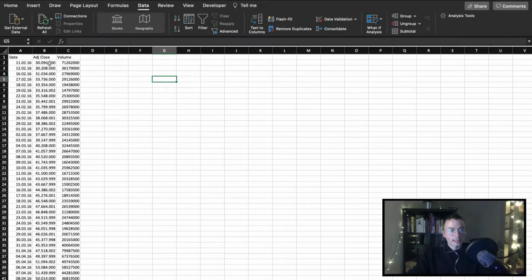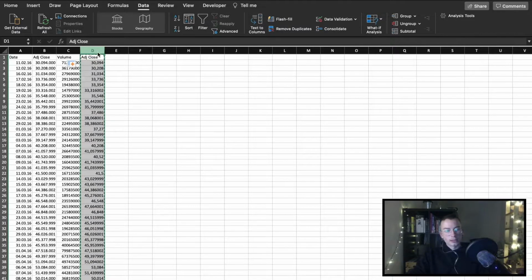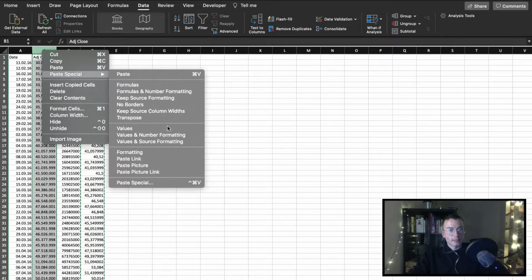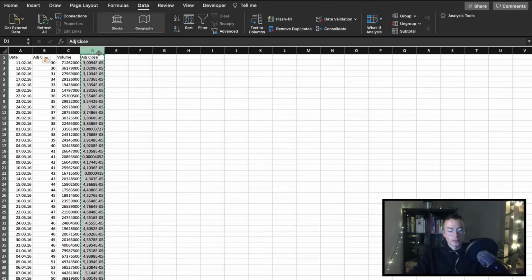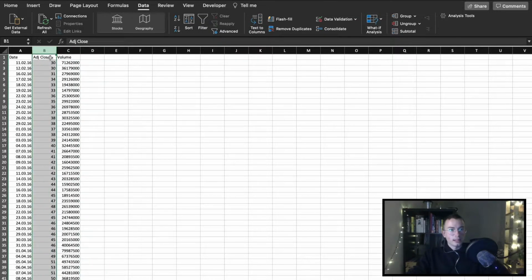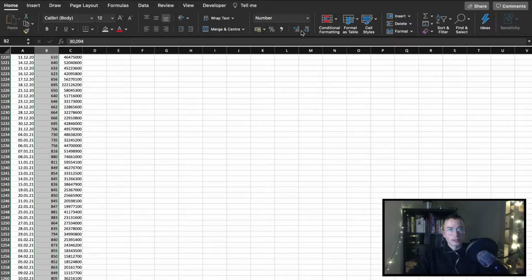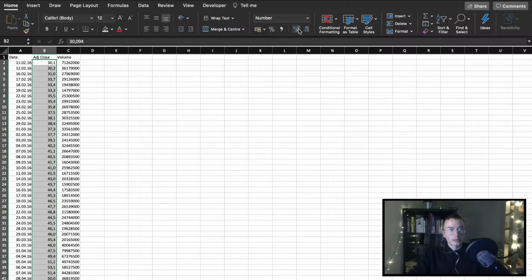And the stock price, as you can see, is not quite right. So what we are going to do is, since Yahoo Finance always delimits it by times a million, we want to divide it by a million, drag it down, copy the whole column, and then paste special, paste values. We want to delete the helper cell. We want to show the two commas,